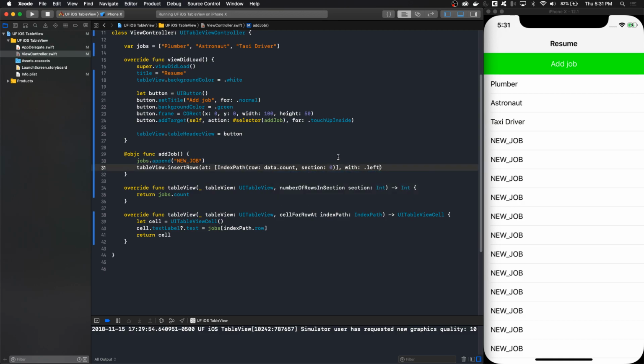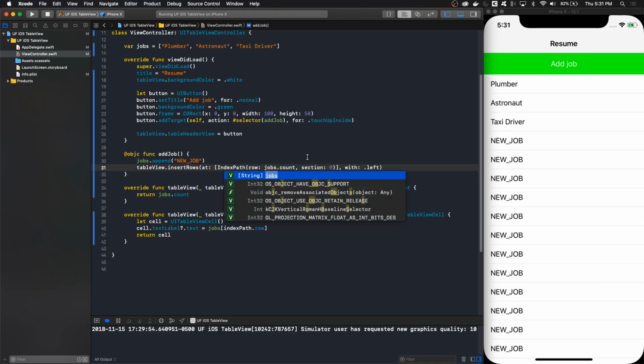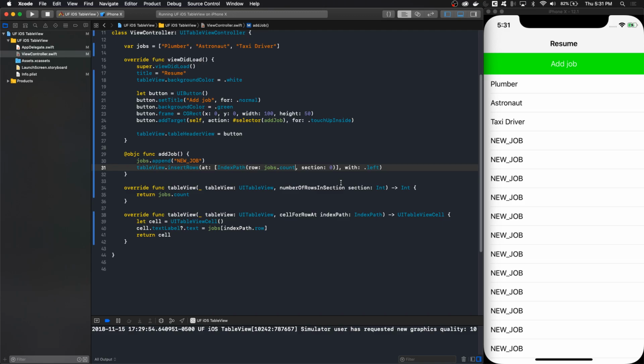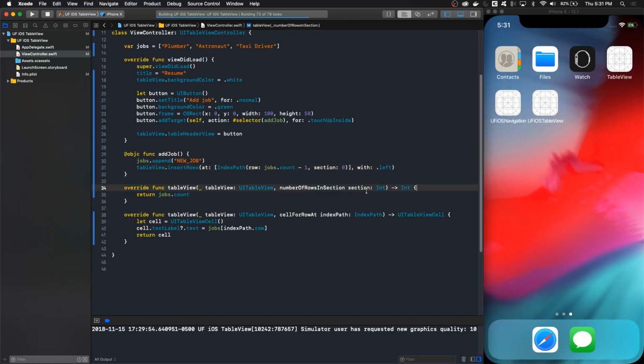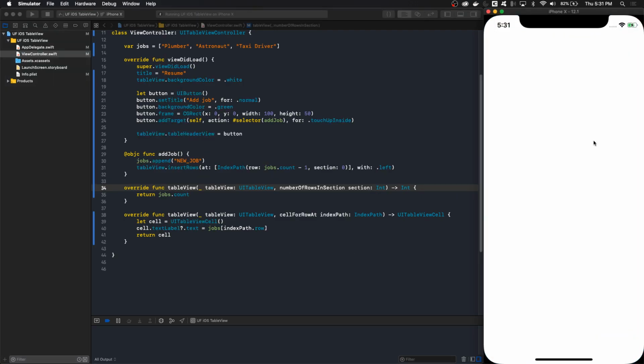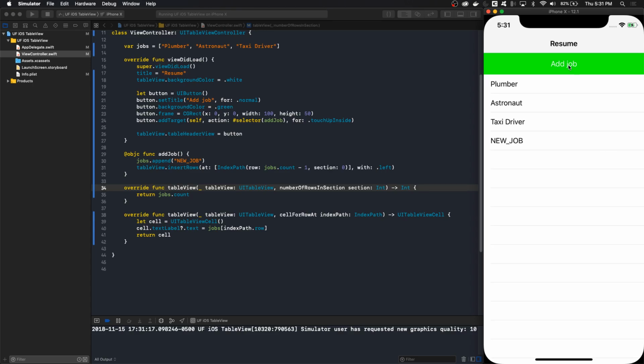Let's add an animation for left. It's not data, it's jobs. Let's run that. Now we have the job and we see there's a nice animation when it comes in, and it's not reloading